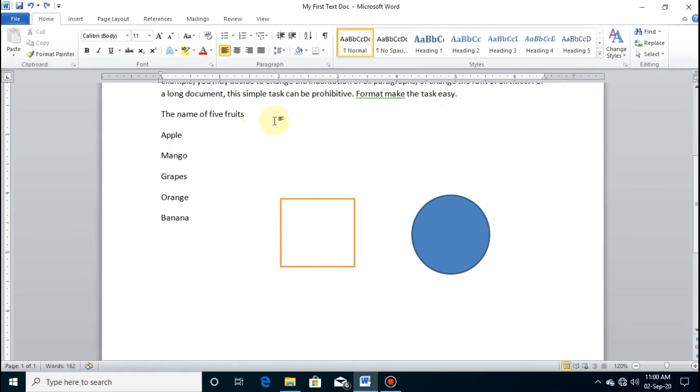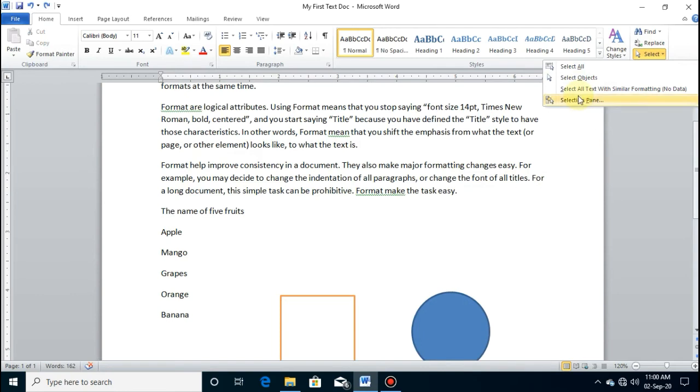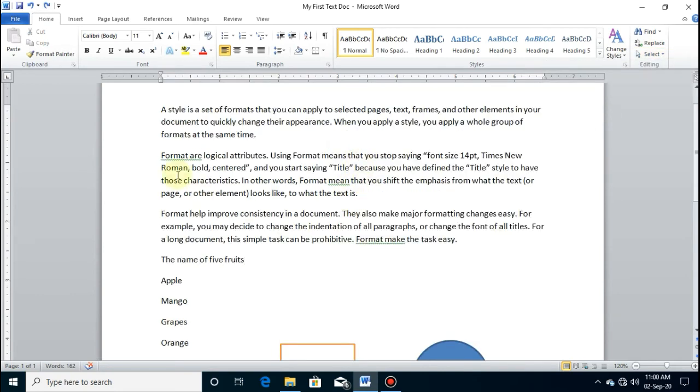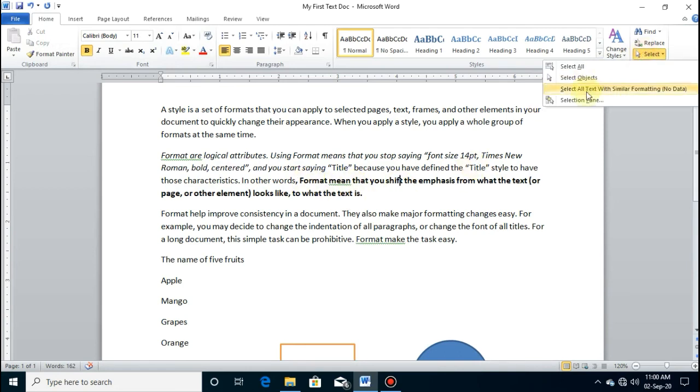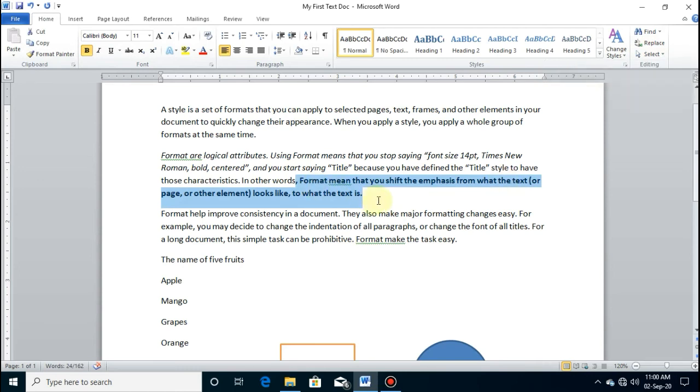To remove this selection, you have to double click anywhere in the text document. Then next option is select all text with similar formatting. So here I am changing the formatting. I am making it italic, and here I am making bold. So if the cursor is in the text which is bold, and if I click here, then it will select only bold text.